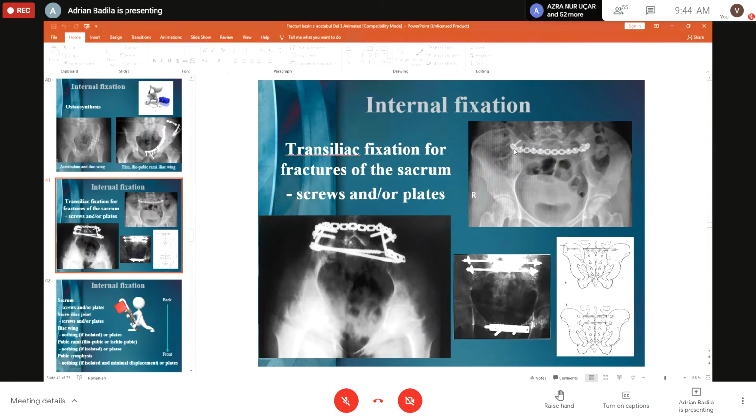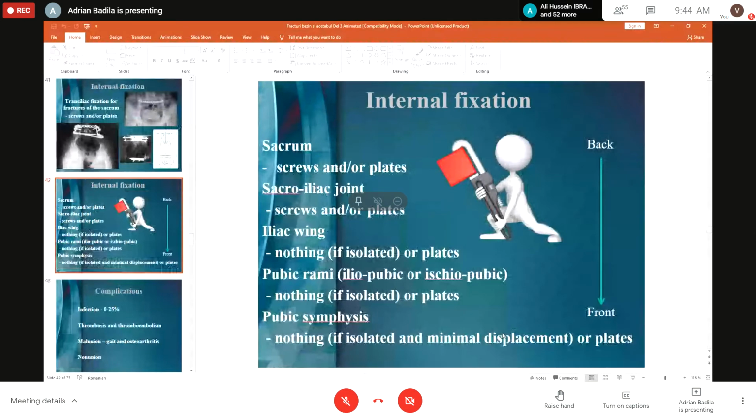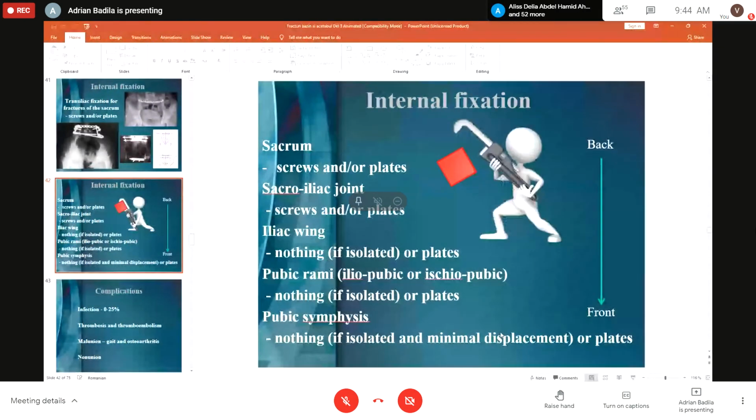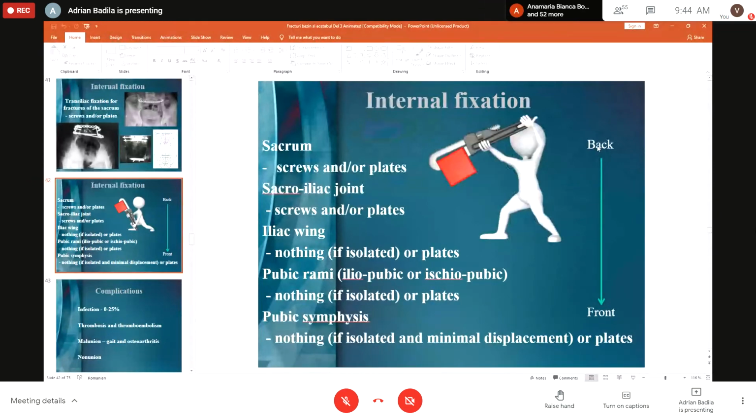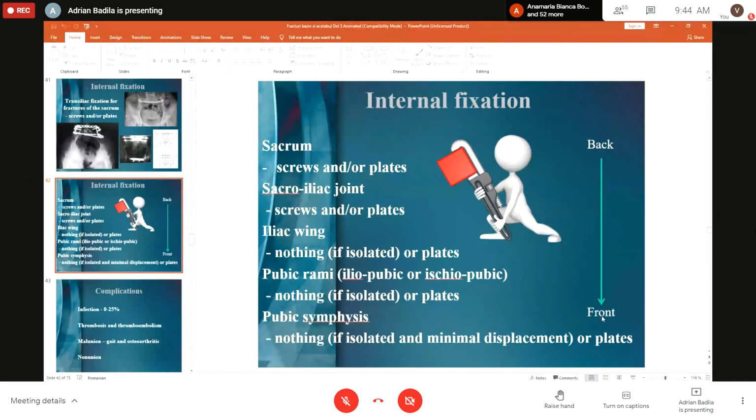Here we have a sole plate, while here we have a plate, another plate, and a number of screws. In this other image, we have 2 screws in the back, and we have a plate at the level of the pubic symphysis. So, in order to summarize, from the back of the pelvic ring towards the front of the